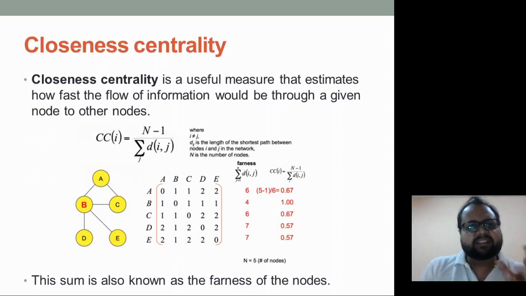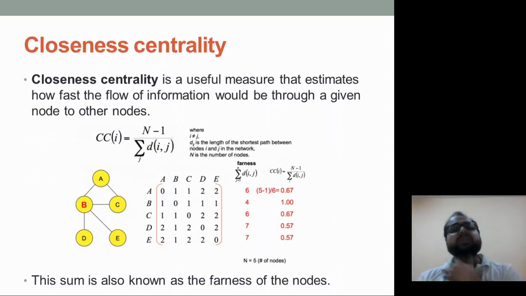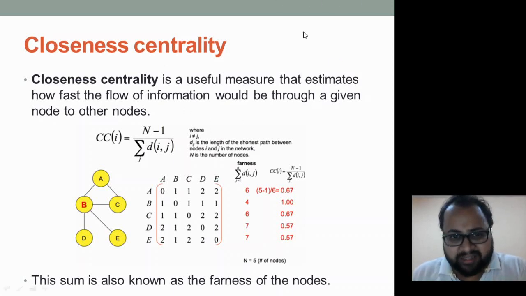Now, centrality analysis has two. There is one which we call closeness centrality. Now, closeness centrality, what it means is, if you look at this, there is a